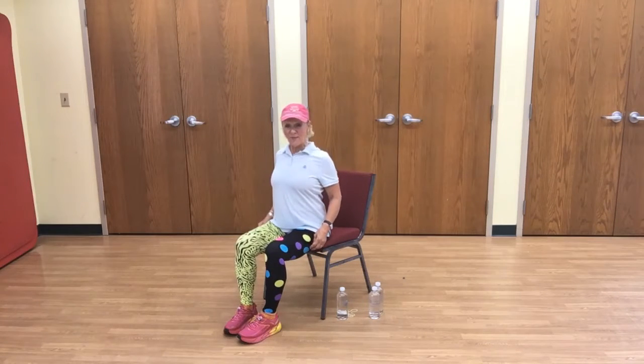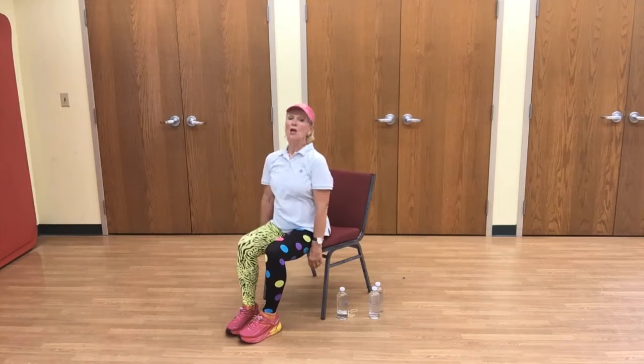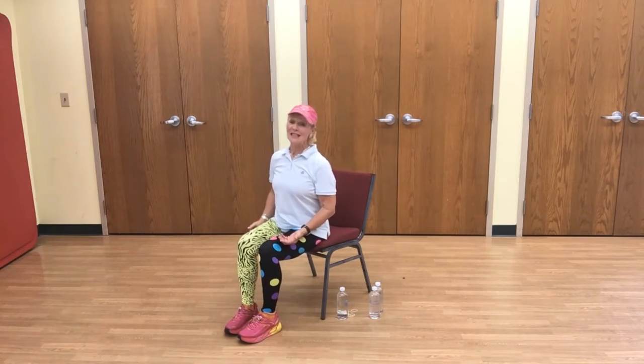So we're in pretty good posture, holding our tummies in, pulling our shoulders up and back and down. Pulling the shoulders up and back and down. One more time, please. Shoulders up and back and down. We're going to be working with our shoulders, so that's why we want to give them a nice little bit